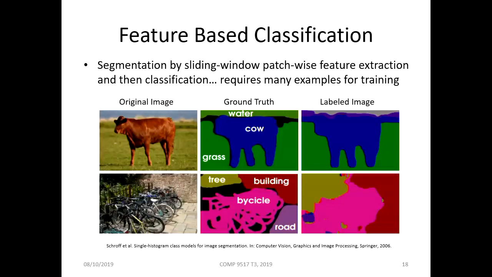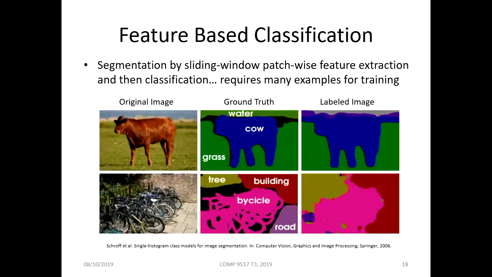And then the third one is feature-based classification. So that means that for every pixel, so it says here, segmentation by sliding window patch-based feature extraction. So basically what that means is you just define a window size, could be circular or square, doesn't really matter. It needs to have a certain shape, ideally symmetrical, and then you don't discriminate any directions in the image. And then pixel by pixel, you shift, and you look at the pixel properties within the window around that center pixel that you're considering, and then you compute all kinds of features, and you can use them for classification,